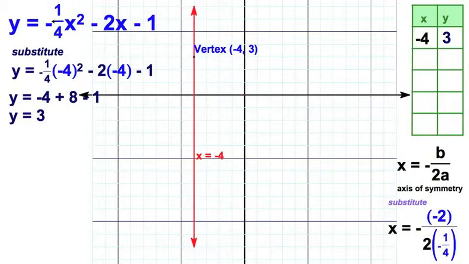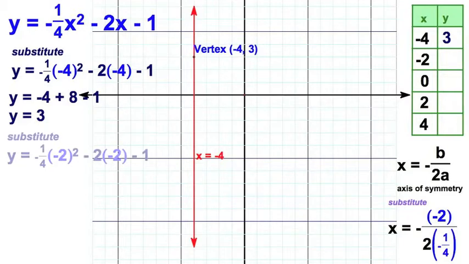Now, because you've done this before, I don't have to count by ones finding my values. I can pick any points at random. I love integral values, so I'm going to choose to look for these values of x. I'll count by 2's: negative 2, 0, 2, and 4. Okay, let's do the next substitution. Well, at negative 2,